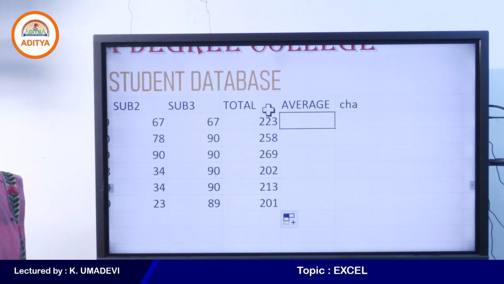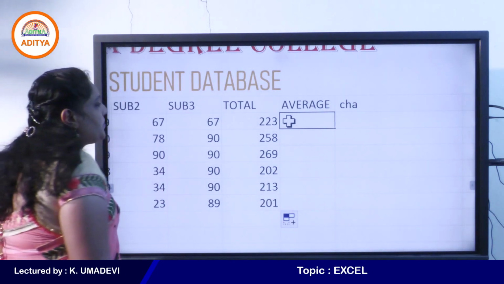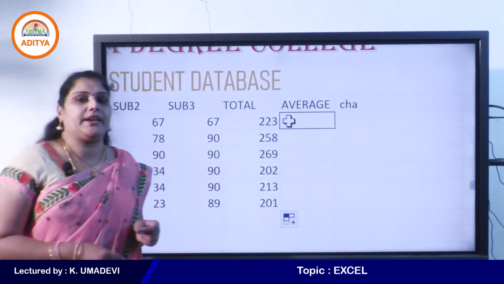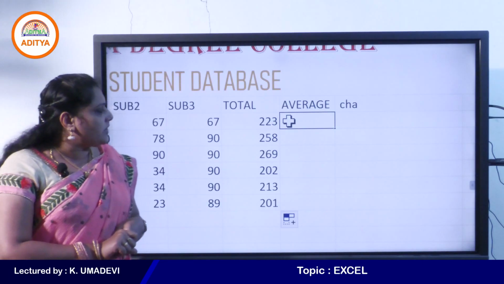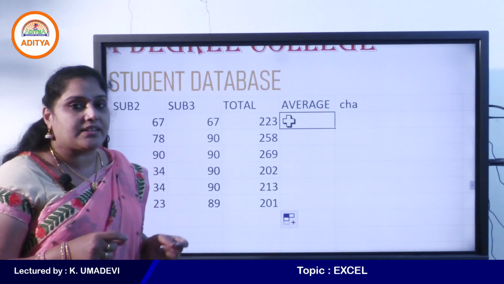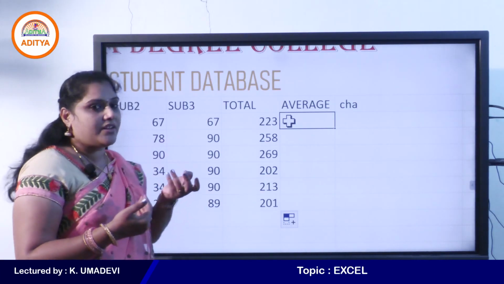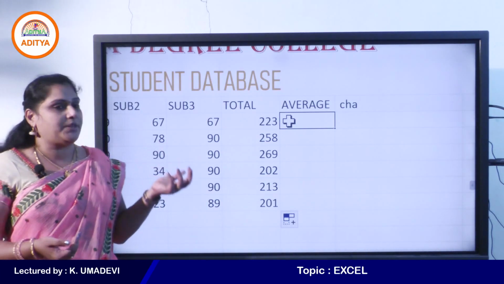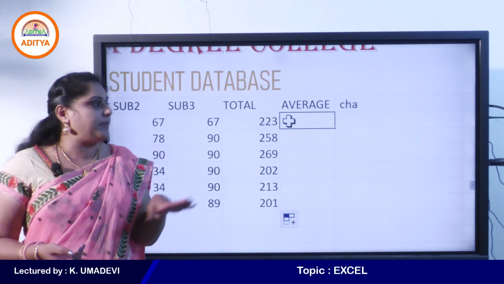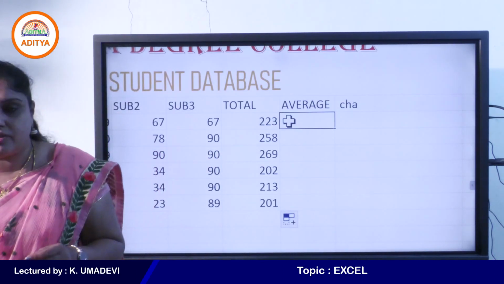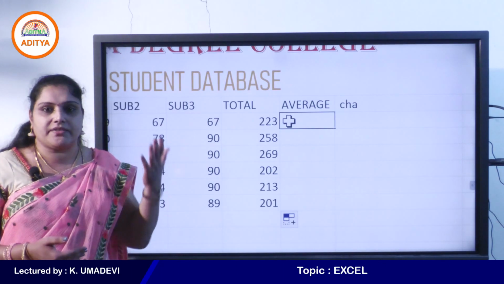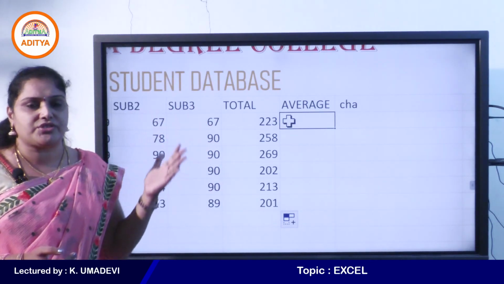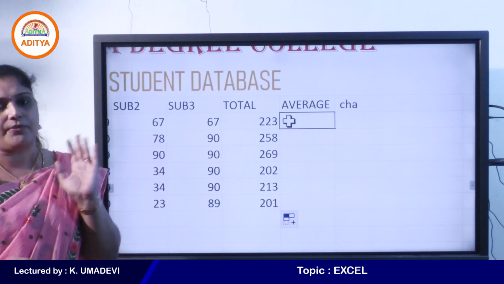Now average, okay. For example here I want to print pass or fail based on the total marks. See, if the total value is greater than 100, then I would like to print pass, or else the result may be fail. Okay students, so now we use if function to print pass or fail instead of true or false. Why? Because AND and OR functions are mainly used to return either true value or false value.